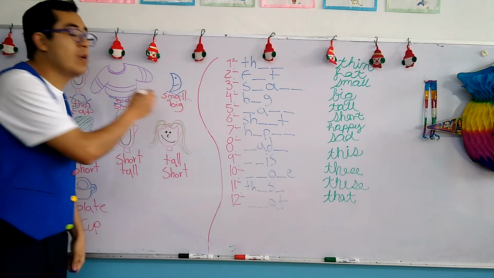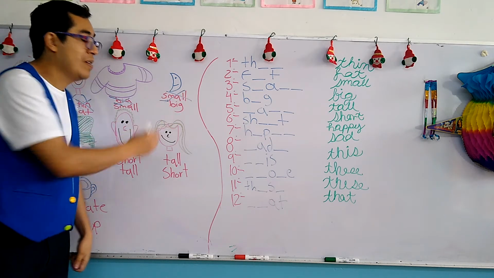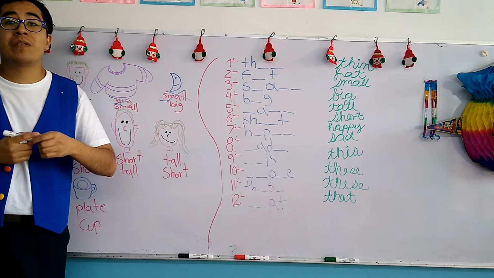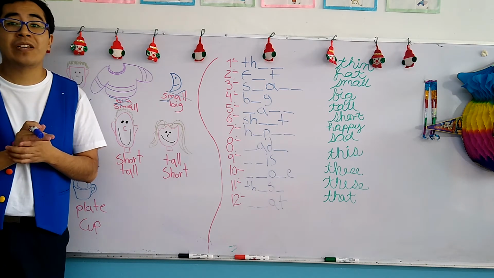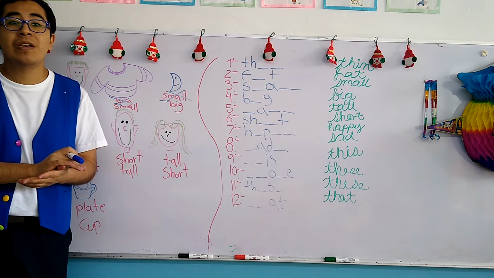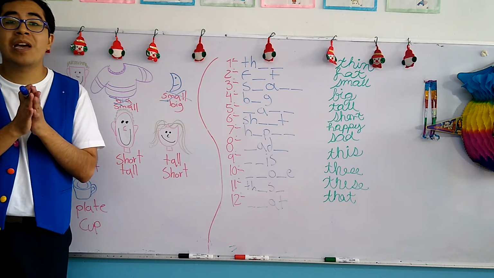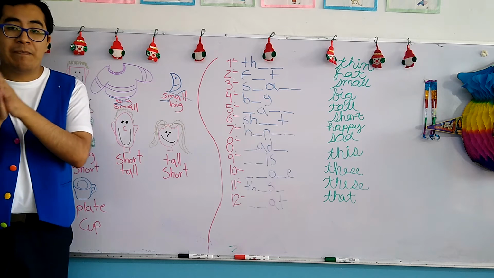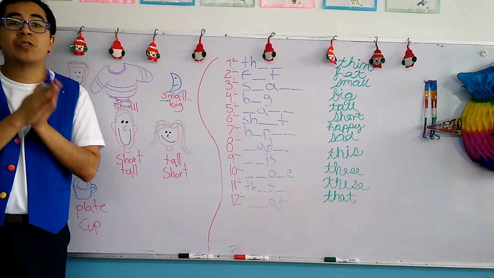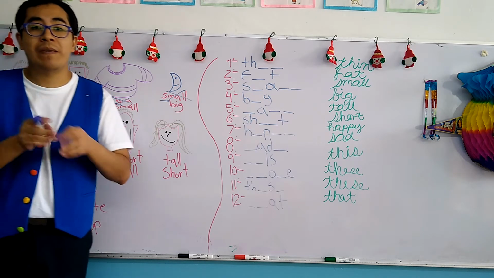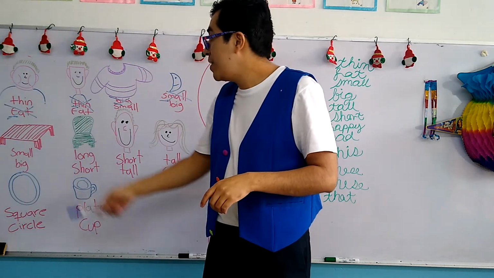And small begins with the letter S. Remember, I am telling you the first letter of the word in case that you still have difficulties identifying the words. Les estoy dando una clave, la primera letra de la palabra por si todavía no identifican bien las palabras. Let's continue with the